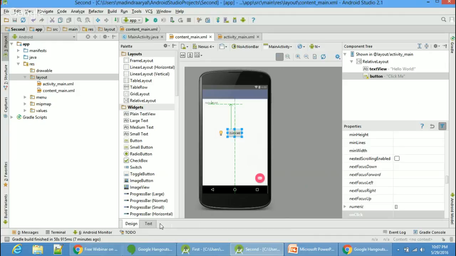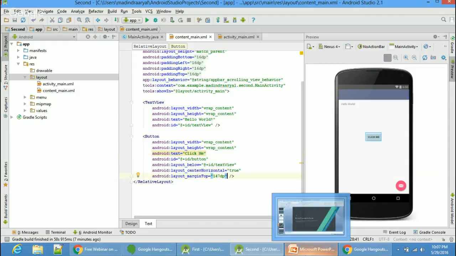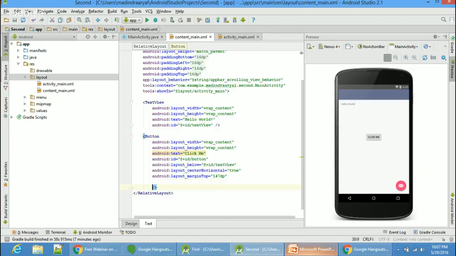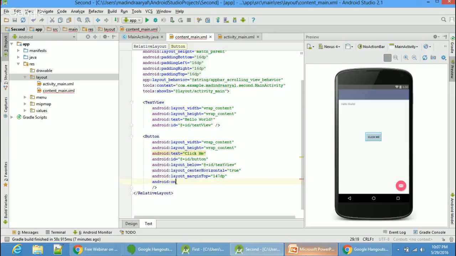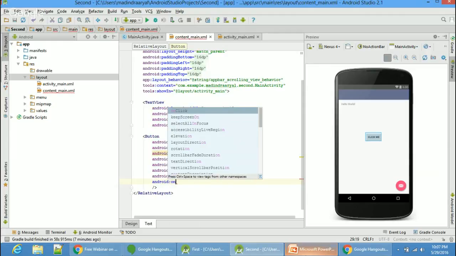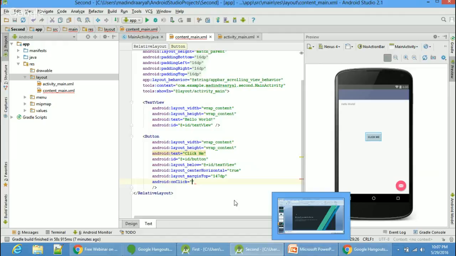To do that, I'll be shifting to the text of this content main XML, and let's go here and add something new, that is Android click search name over here. So I'll be typing Android on click,